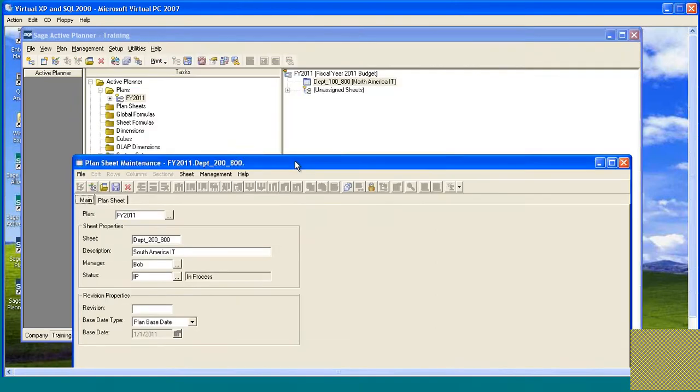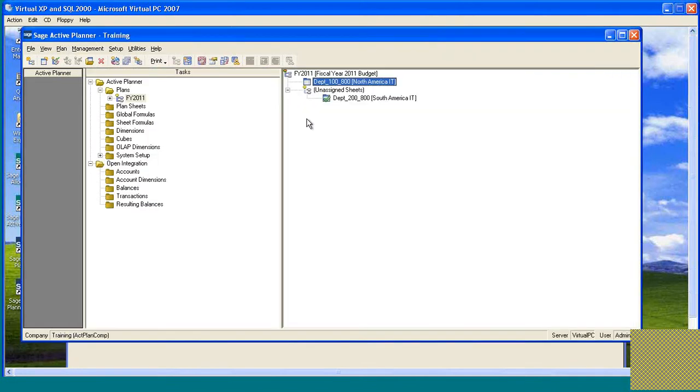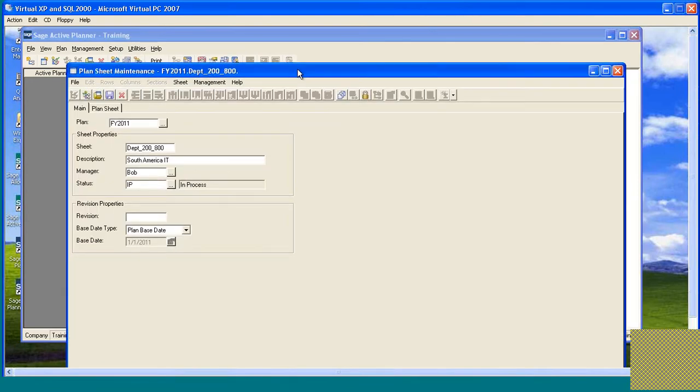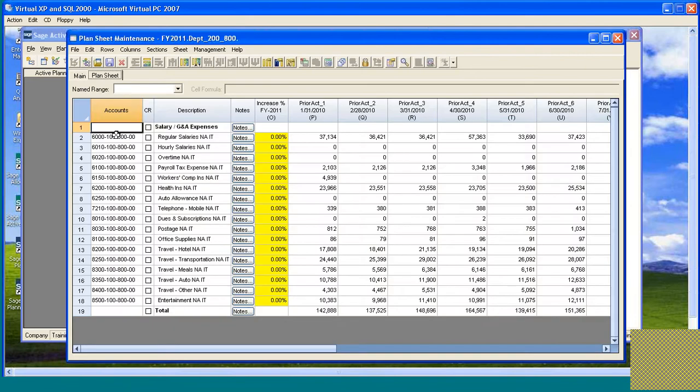And that effectively, let me show you what that does here, is that leaves Department 100 out there and creates a new Department 200. Okay, now we have a new sheet. Let's take a look at the plan sheet, and you see, of course, it is still designed and designated for location 100. So all we need to do is simply come here to the